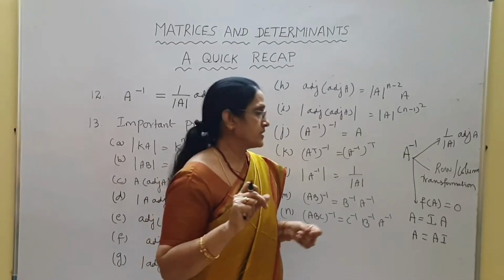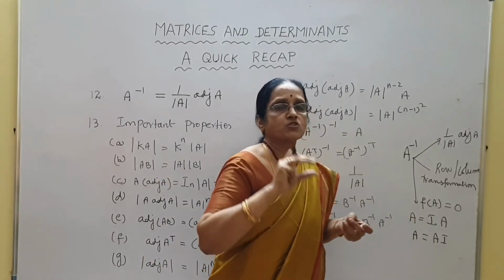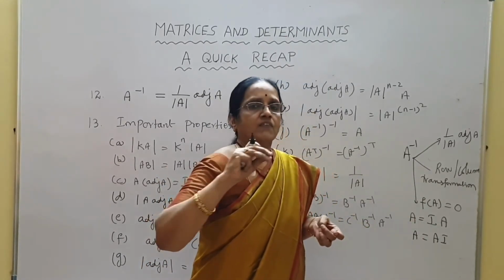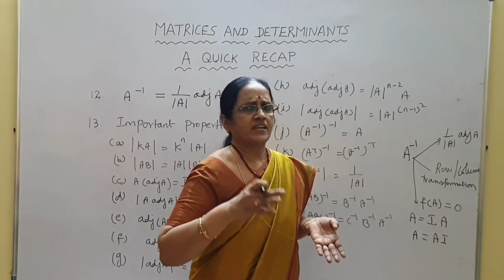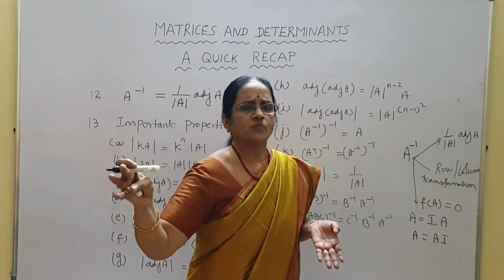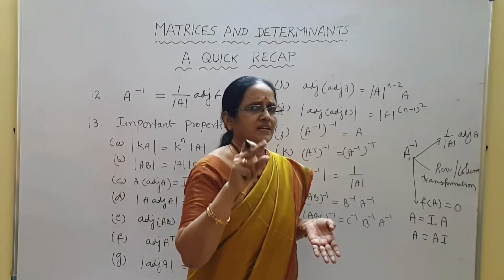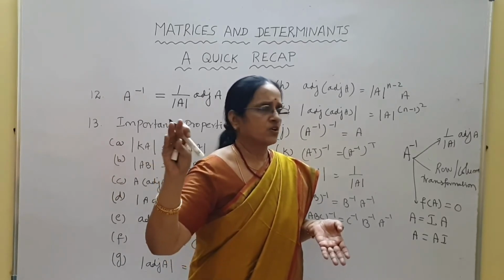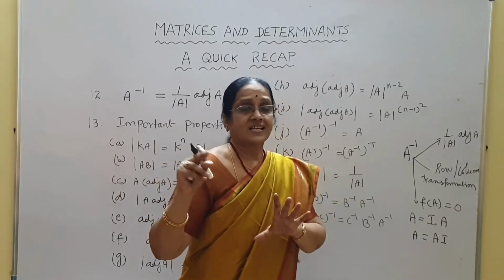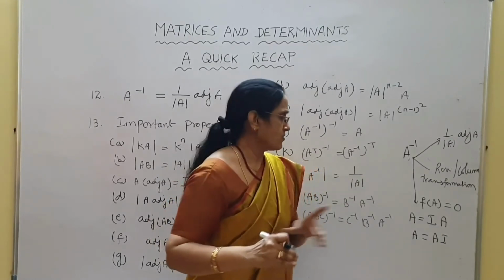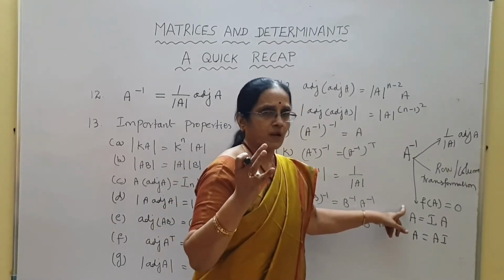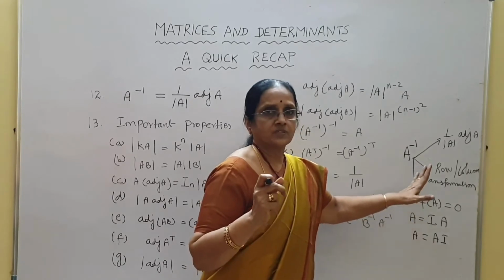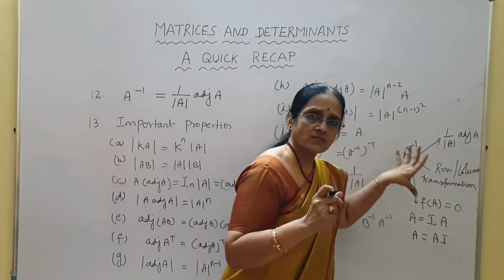The other type is they will give you a matrix A. They will ask you to prove the matrix equation 5A square plus 7A minus 11 equal to 0. In that case, 11 is nothing but 11I, and 0 you have to prove is a 0 matrix. Using that, find out A inverse. We have done many problems based on that also. Again, it is a very important concept.